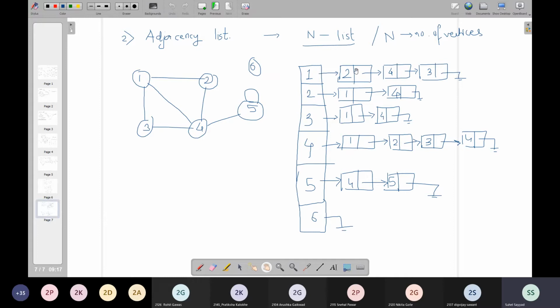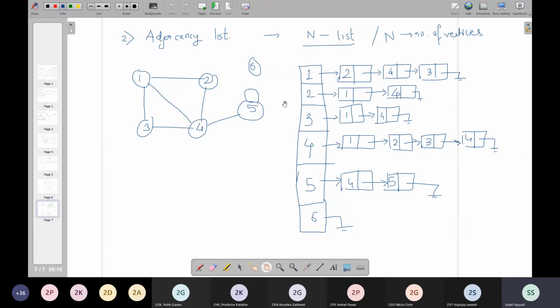Again, I would like to recall that this linked list is representing the adjacent vertices of 1. I can store these vertices in any sequence. I can store it as 2 4 3, 2 3 4, 4 2 3, 4 3 2, 3 4 2 or 3 2 4. Any of these combinations is allowed when storing the adjacent vertices of 1, because the information we convey from the first linked list is the adjacent vertices of vertex number 1. Actually, there is no relation between 2 and 4, 4 and 3, and 3 and 2. There is no relation indicated here.